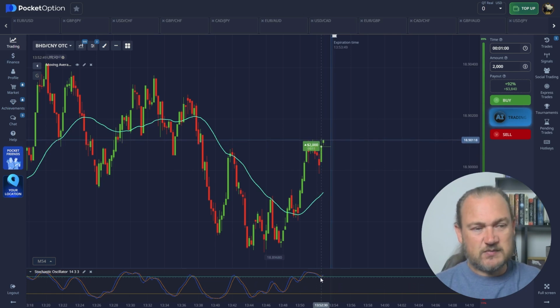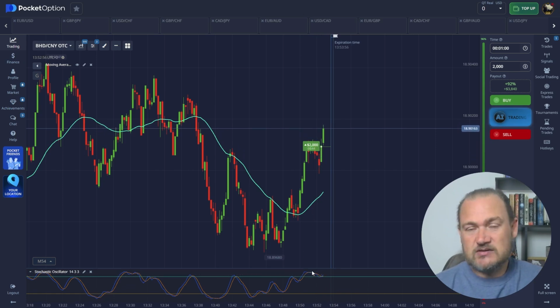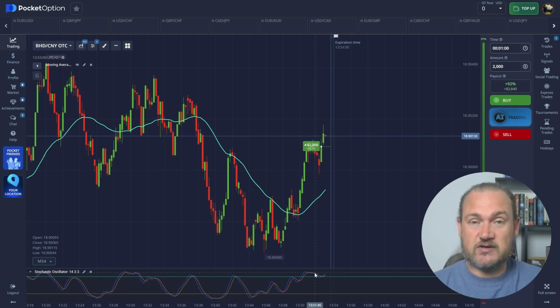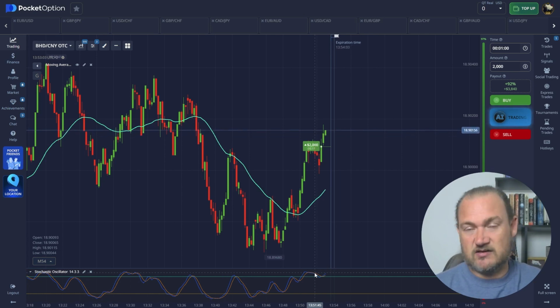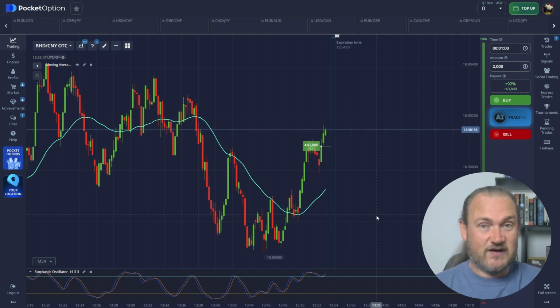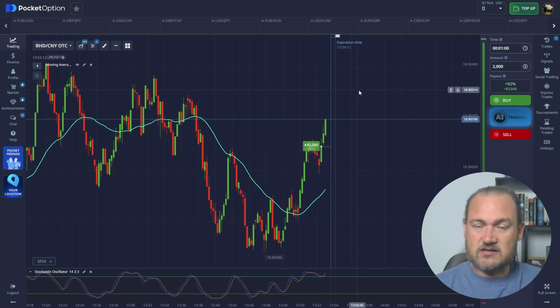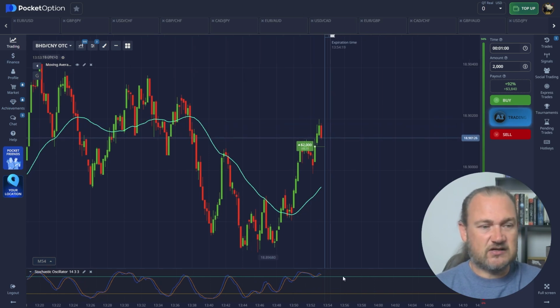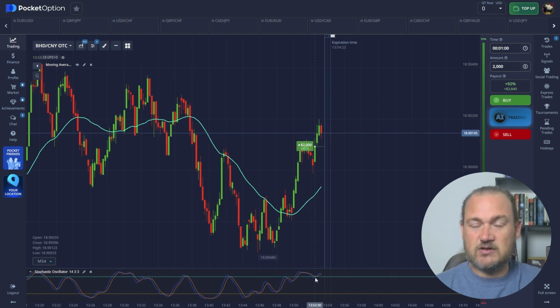As I explained earlier, this will be a place where a lot of people take sell trades, because my stochastic is in overbought and it's turning down. A lot of people think, okay, fine, the price will now come down because the stochastic is in the overbought zone and turning down. We can clearly see that this is not the case. Because I know that price is running above the moving average, and because I know that the stochastic is a continuation indicator instead of a reversal indicator, I know that the chances of me being correct on this trade